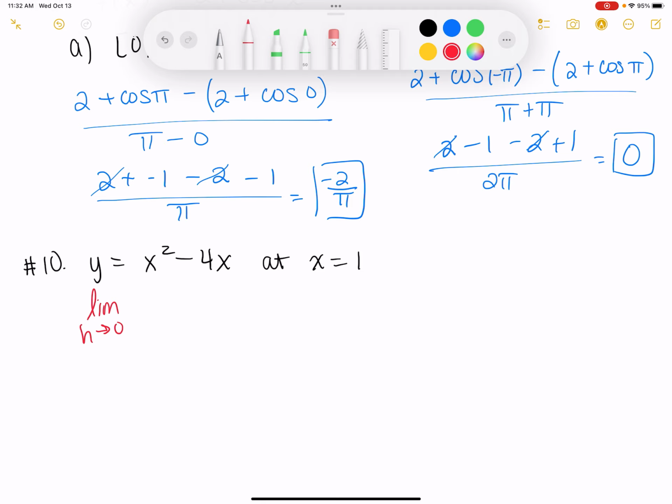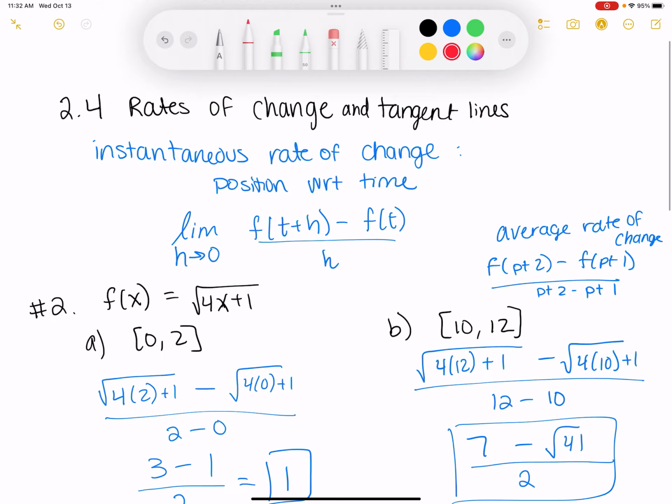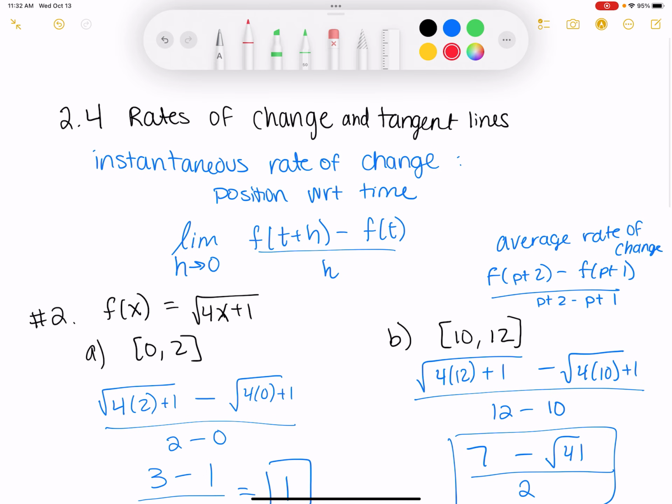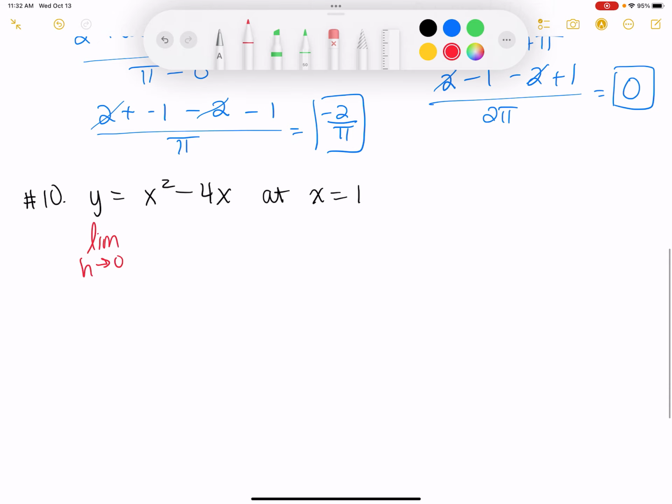Now, anywhere you see an x, it's going to be 1 plus h for the first part going in. So it's going to be 1 plus h, and that whole piece is squared, minus 4 times, we still need to use the 1 plus h,